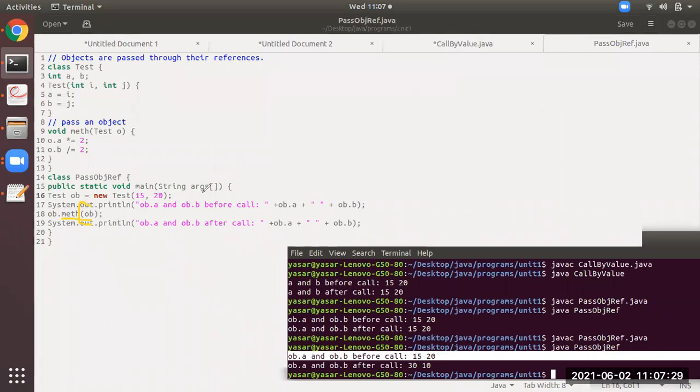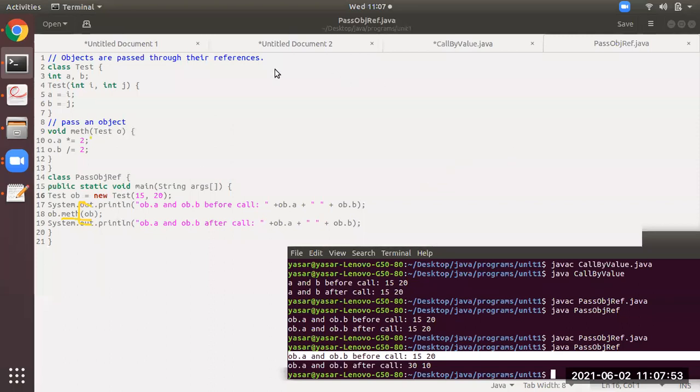So the parameters 15 and 20, that is ob, will be passed on to here. So o is an object which will have the values 15 and 20. Now what is happening is, remember here, this is a reference.